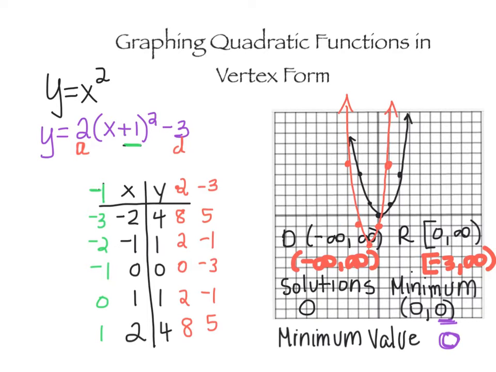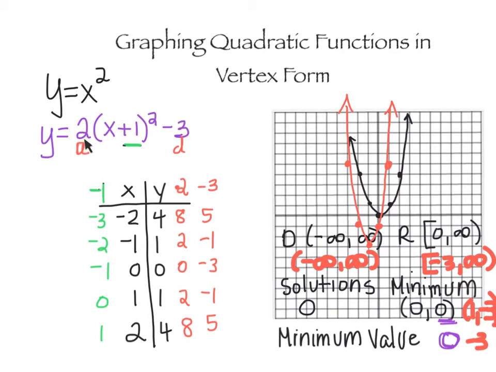The one I want you to make sure that you understand is this minimum. So my minimum is 1, -3. And therefore my minimum value is -3, because remember, my minimum value is whatever that is. Let's talk about the transformations really quickly. You're going to be able to do that as well for this unit. My transformations,